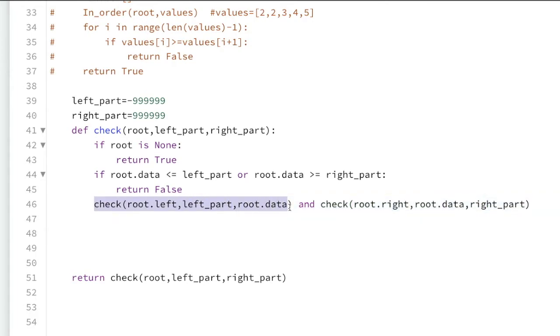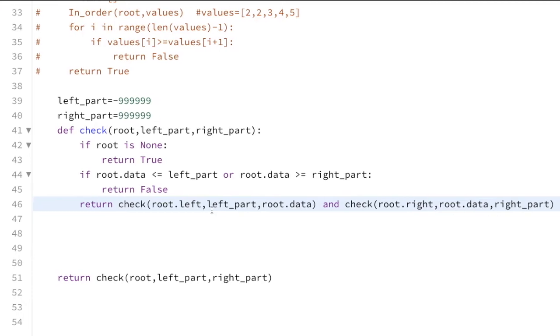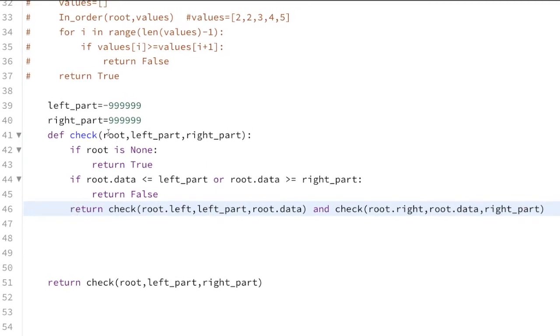So this is okay. If the left side returns true and at the same time the right side is also returning true, it means we have to return true. So this is the recursive check.